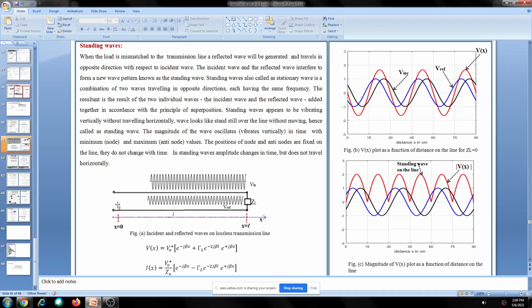1 gigahertz means 30 centimeters. One wavelength is 30 centimeters. I took the overall length of the line as 90 centimeters. So you can observe 3 cycles at any instant. See, from here to here is one cycle, 2, 3. You can observe this red color one has 3 cycles, because 3 wavelengths are there. If you consider only 2 lambda, 2 cycles will be observed. If you take the length of the line equal to 30 centimeters, 1 cycle. Half wavelength means only half cycle you can observe over the line.